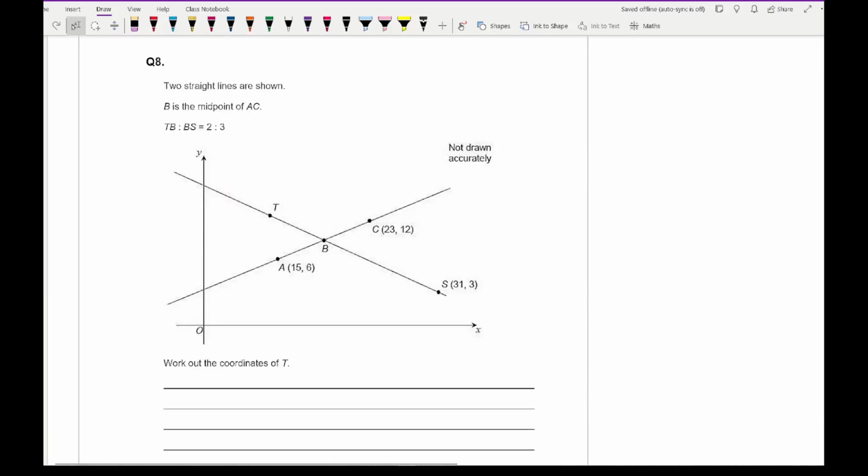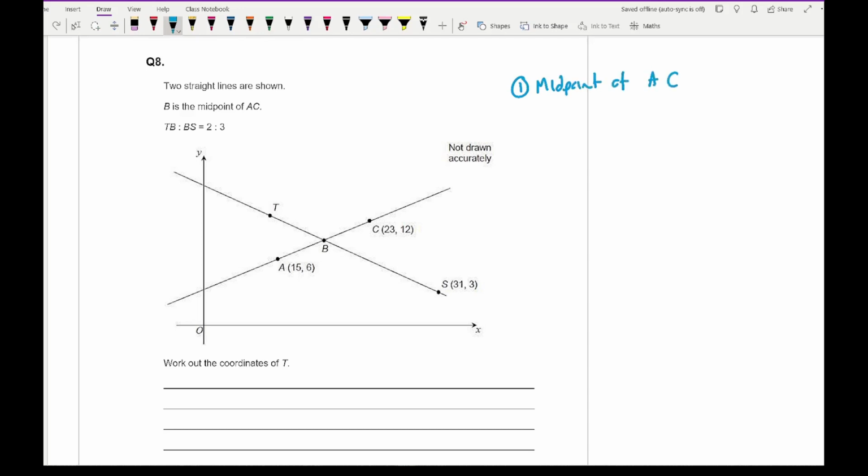On to question 8, it says 2 straight lines are shown. B is the midpoint of AC. TB to BC is in the ratio of 2 to 3, and the question is asking us to work out the coordinates of T. So for this, the first thing I need to do is work out the midpoint